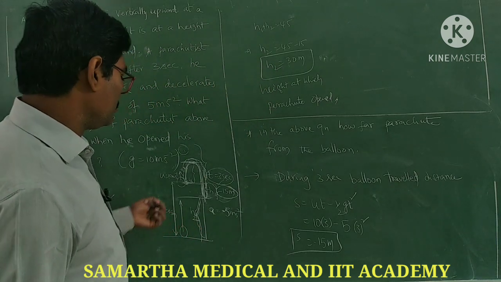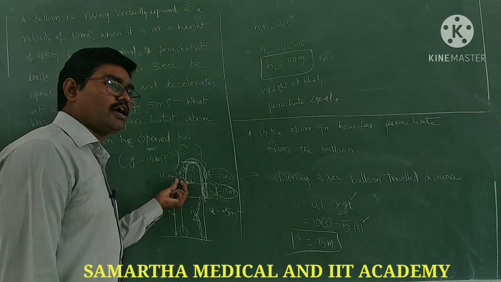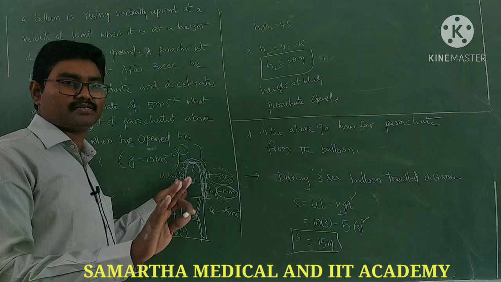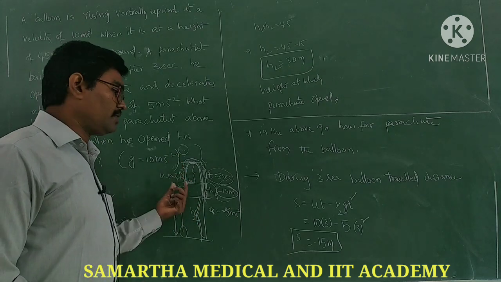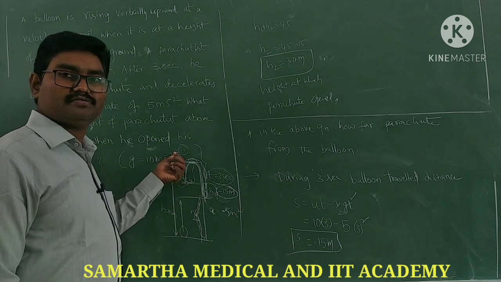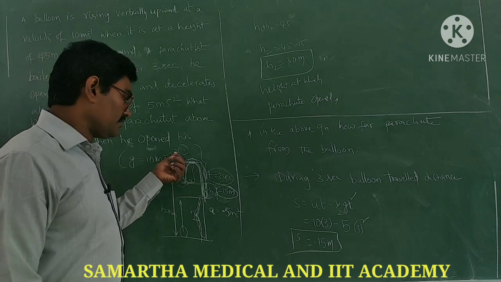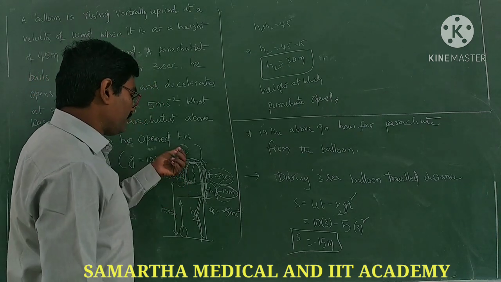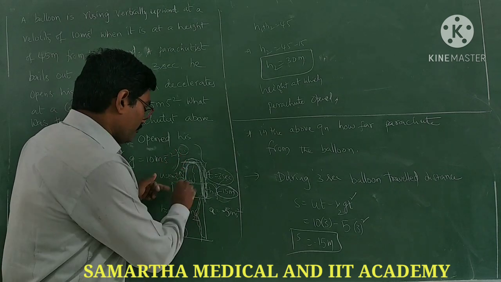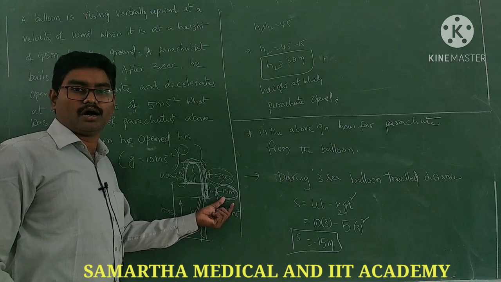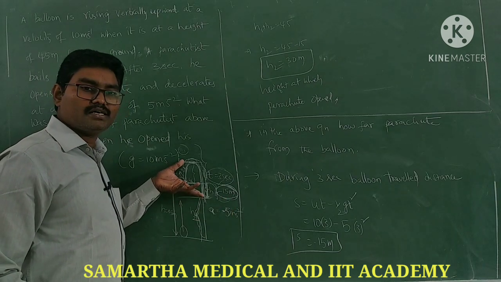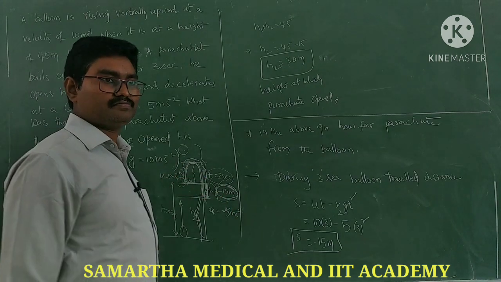Correct or not? You think about this body alone. I am not taking net displacement. I am taking only the distance covered by the balloon. So how much? 15 meter it has travelled further, then 30 meter. This is a further 5 meter, 15 meter. From the point, the balloon travelled 15 meter below. So then what is the total distance? 30 meter. 30 meters is the answer.